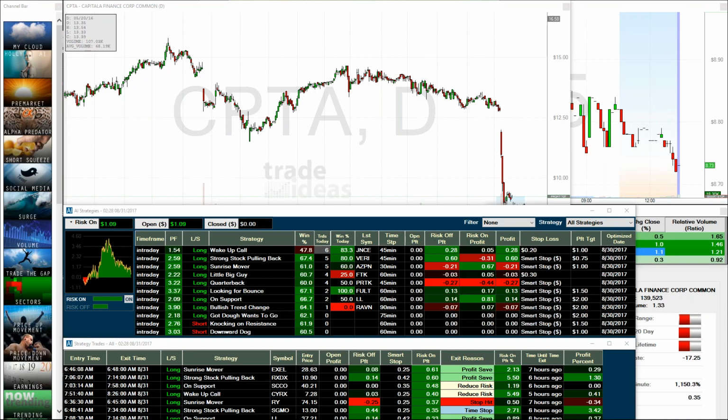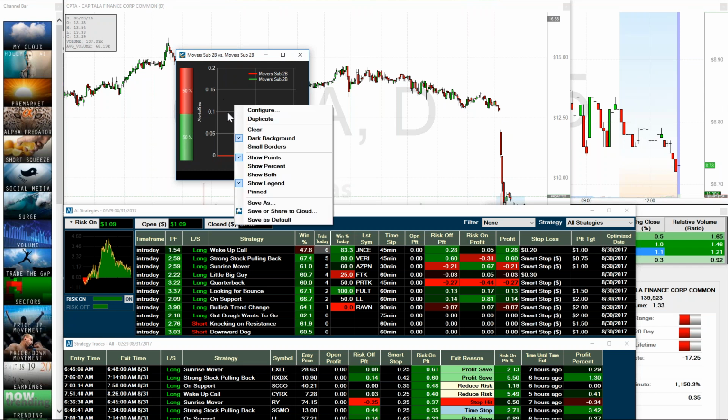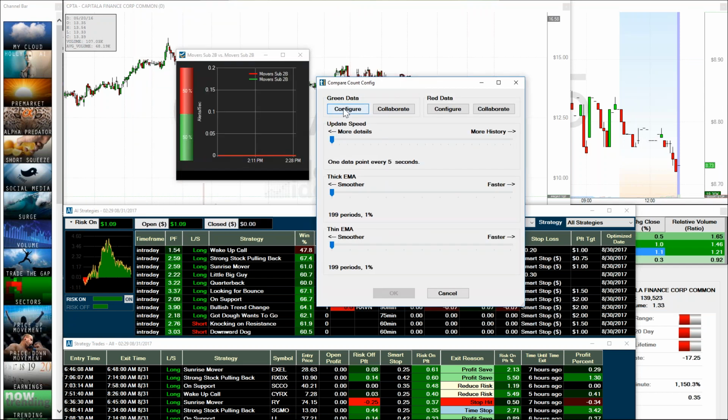So I hope that makes sense thus far. It does. And when we take one of these guys, of course, this is the one looking at stocks under 2 billion, but the configuration is exactly the same. On the green data side,